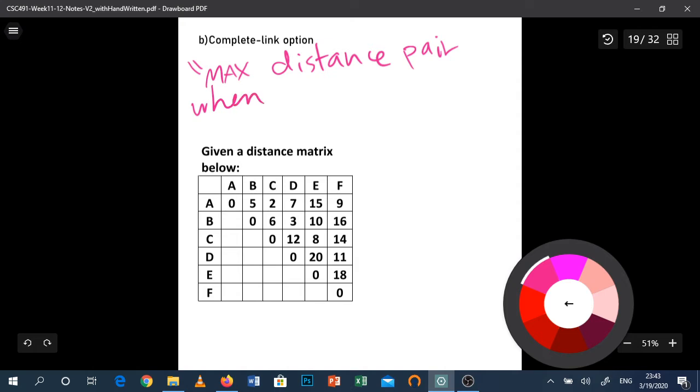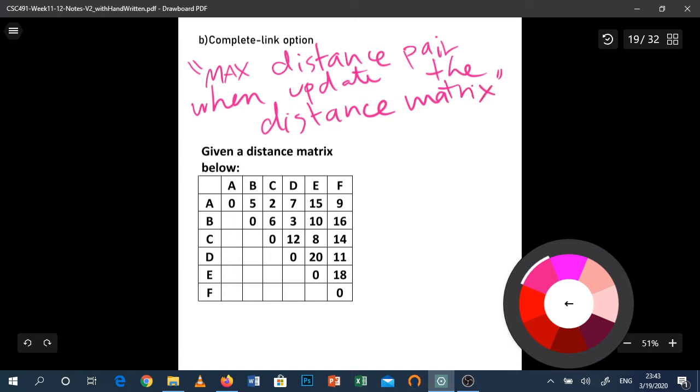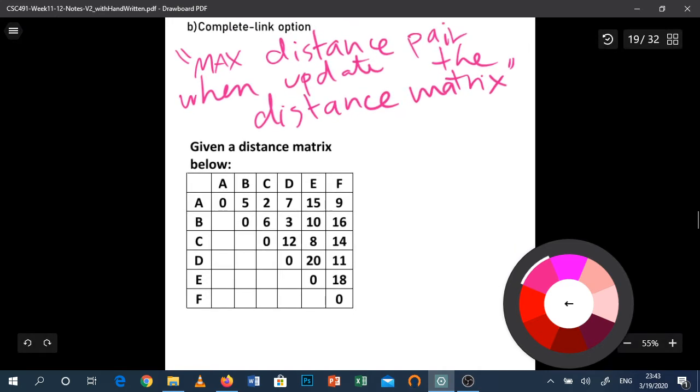when we update the distance matrix. However, the algorithm is still going to pick the smallest value that appears on the distance matrix no matter what. So this is the data of 6 data items. In this example, the smallest value is right here in the current distance matrix. So that means we can create